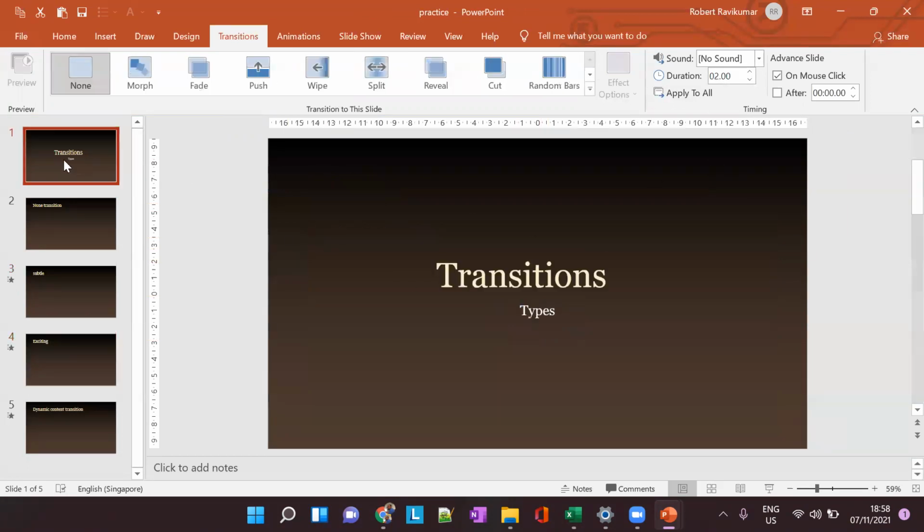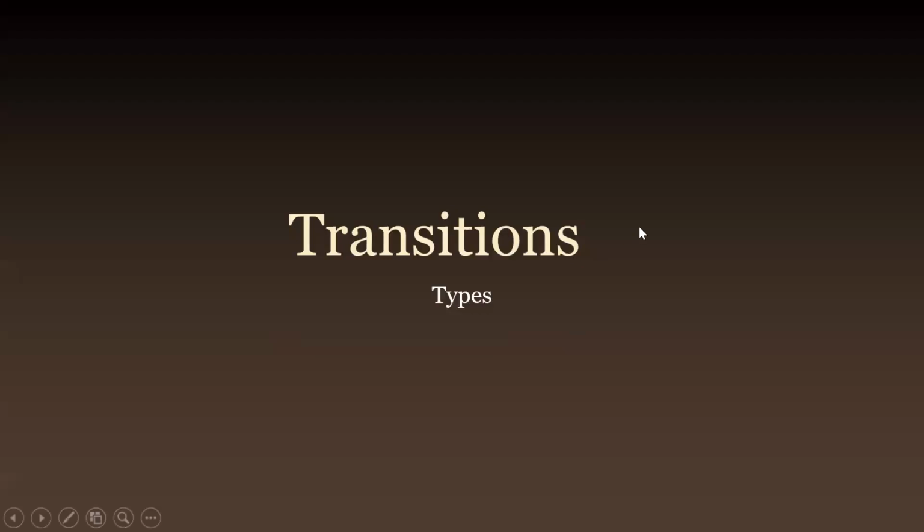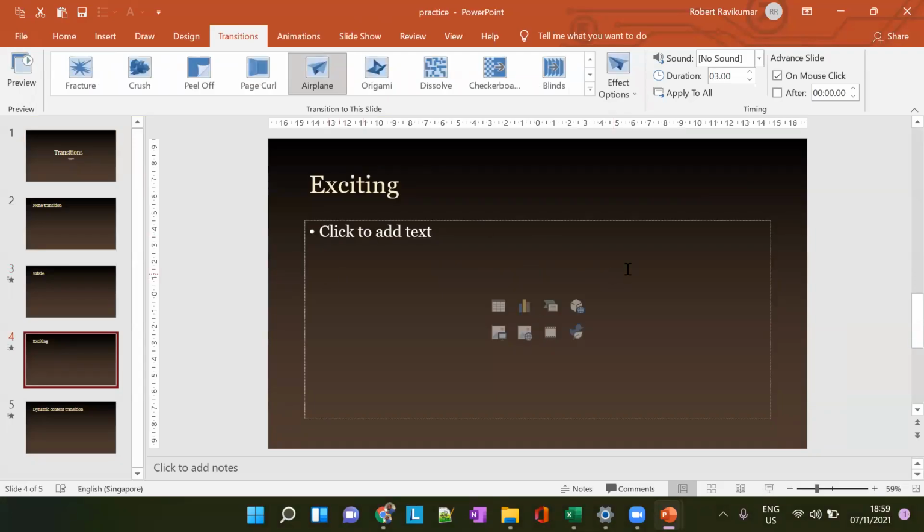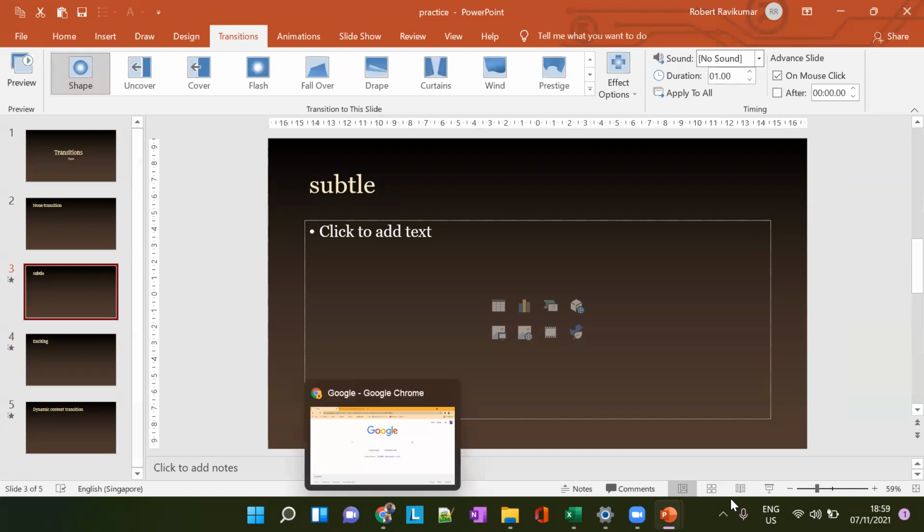Now let's see how the slideshow works. This one is quick. You can see the airplane flies very slow. It took 3 seconds to fly, and we have chosen the seconds here by the duration option. This is how you adjust the timings of the transition. You can increase it up to any seconds if you want. Even if you want to increase it by 6 seconds, you can do it.